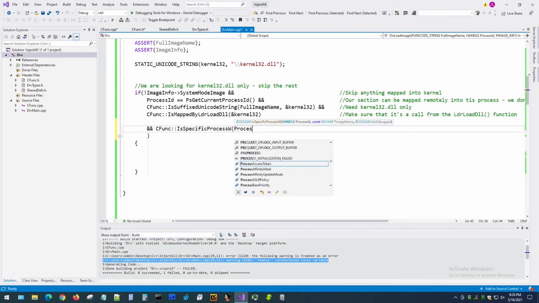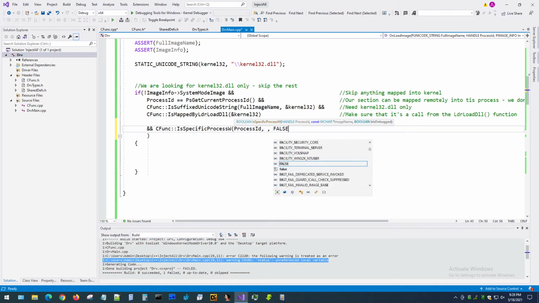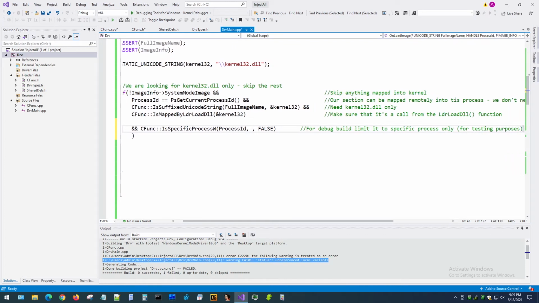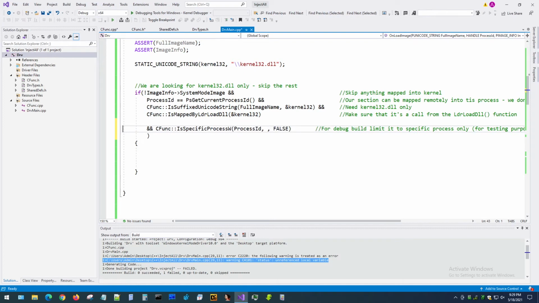With the process ID, with the name, and let's just say not care about debugging. And let's say for debug build, limit it to specific process only for testing purposes. Okay, so at this point we need to specify the name of the process that we will